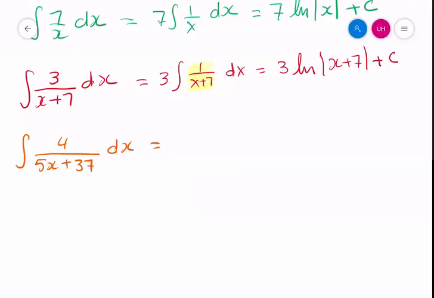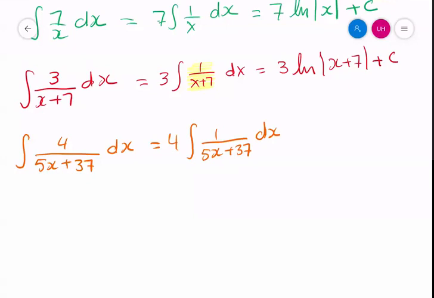With this kind of question, just to make it easier for you, take the 4 outside. So this is going to be 4 times the integral of 1 over 5x plus 37 dx. And again, this is the same format as 1 over x, so we can say this is ln